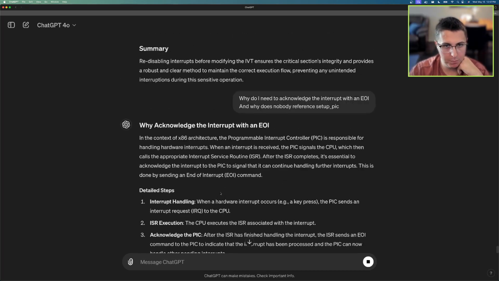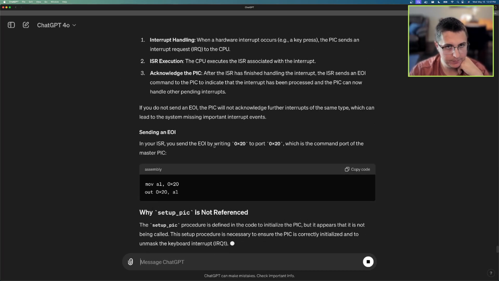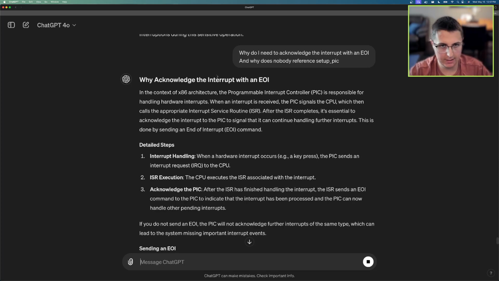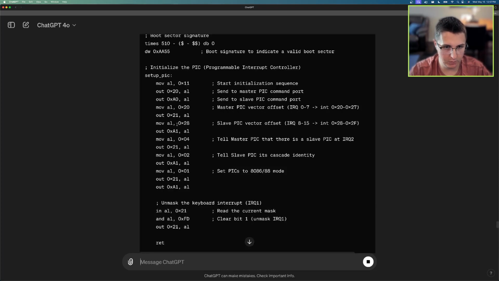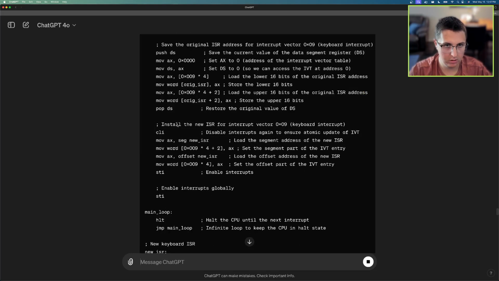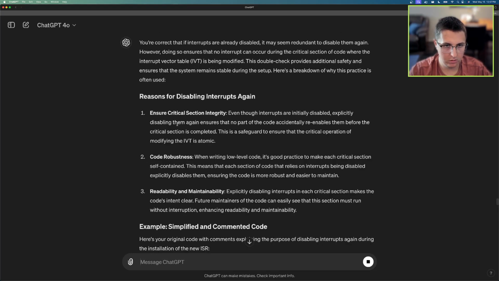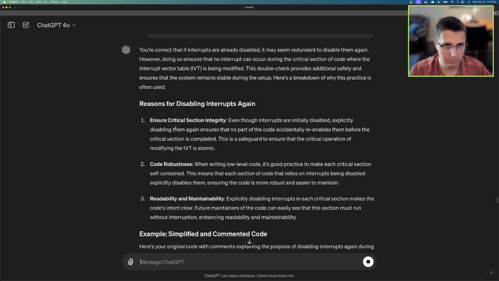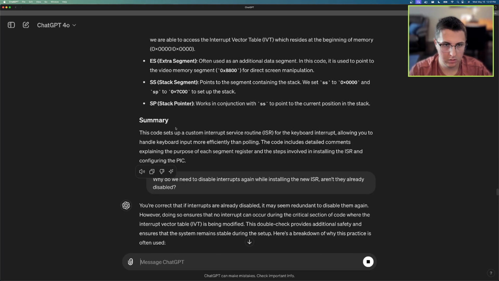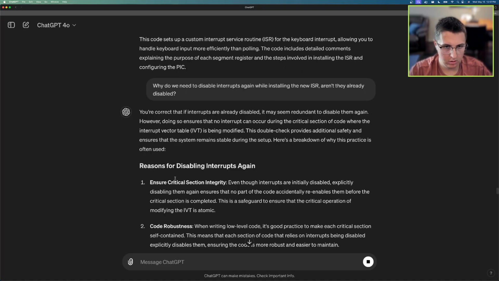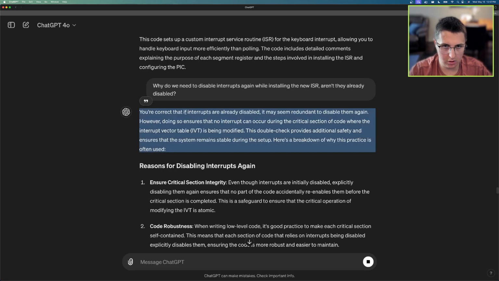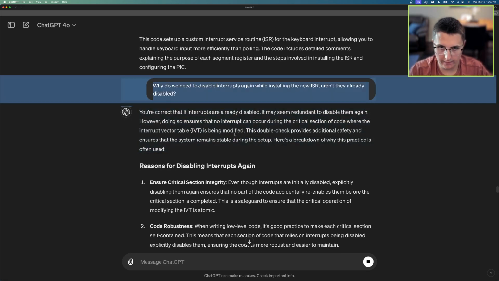We are deep in the interrupts, in the context of x86. Wait, I didn't get my explanation from before either. Oh, this. Wait, did we have it before then? Yeah, we did. Okay, because we had this question, we never read the response. You're correct that if interrupts are already disabled,